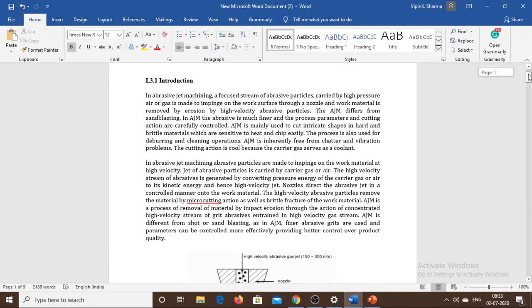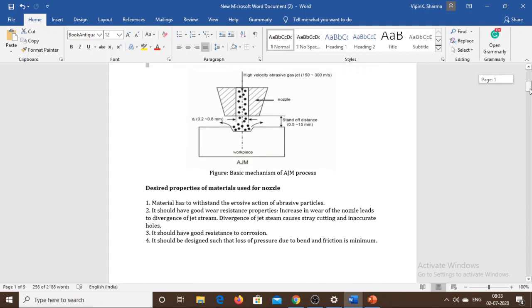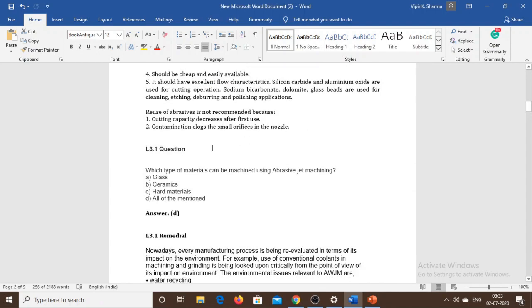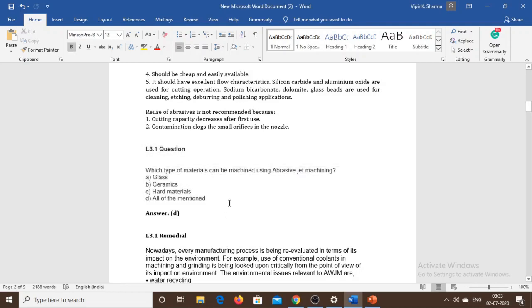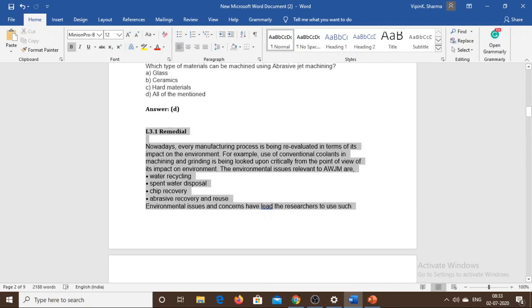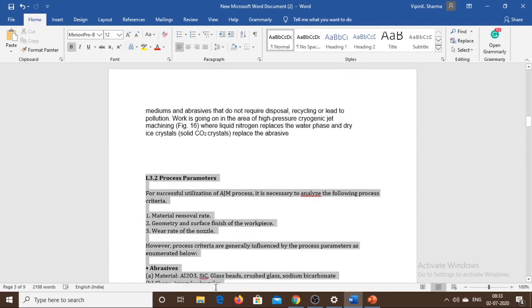It contains some theoretical knowledge of the process which I need to discuss, and then a question based on this theoretical knowledge. If the student gives the wrong answer, then he will go through the remedial portion of that particular content as well. So with this, I have prepared 3 subparts of the lesson.